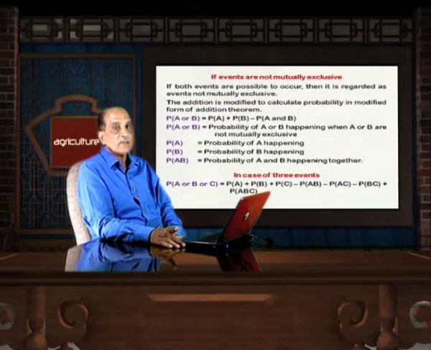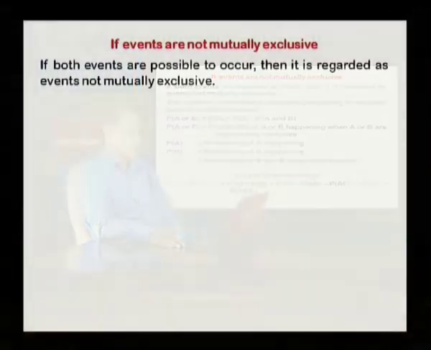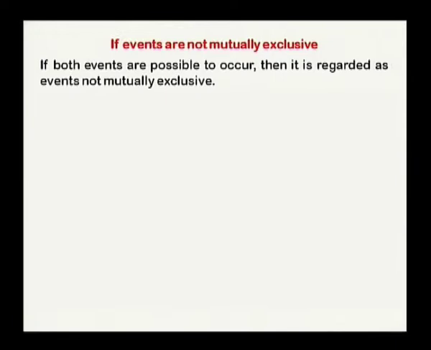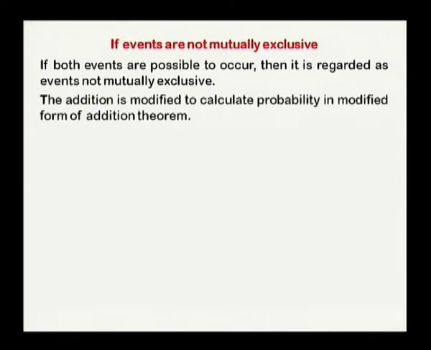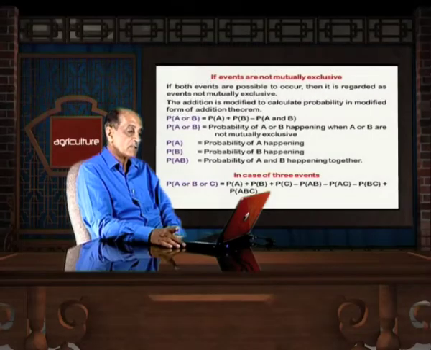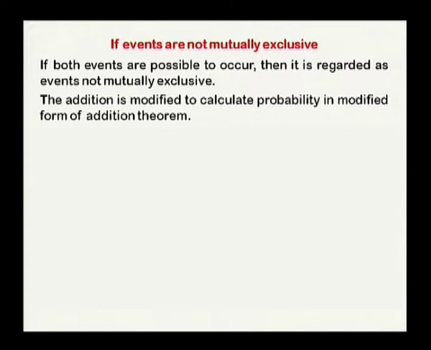Now, what happens if events are not mutually exclusive? If both events are possible to occur, then it is regarded as events not mutually exclusive. The addition theorem is modified to calculate probability in modified form. If events are not mutually exclusive, then we require modifications in respect of the addition theorem. Now, in this case, the theorem is applicable in this form. Probability of A or B is equal to probability of A plus probability of B minus probability of A and